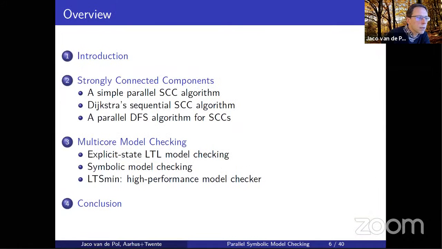So, actually, the main part of the talk has two parts. I will explain this approach to strongly connected components, a parallel algorithm for strongly connected components, in quite some detail. That's the second part of the talk. And then I will show some of the extensions, like how we do LTL model checking with this, and how